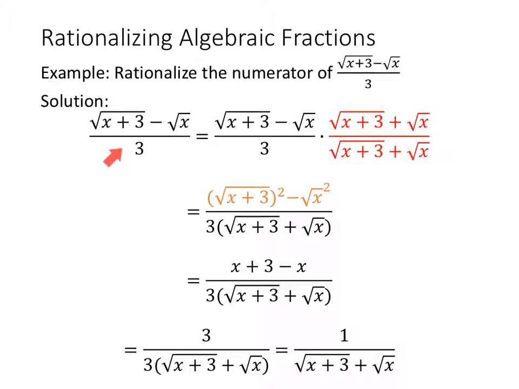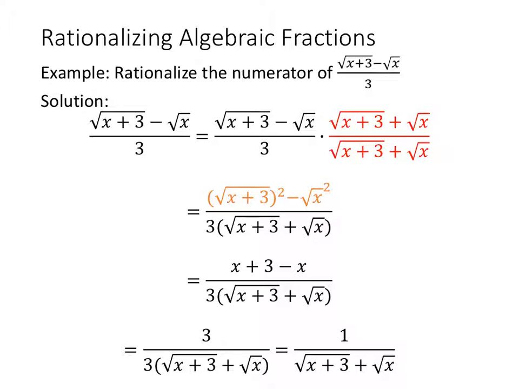So I take my original expression, the square root of x plus 3 minus the square root of x all over 3, and I multiply appropriately, which means I multiply by the conjugate. I use the conjugate because of the difference of squares formula. I know that a minus b times a plus b is a squared minus b squared. The difference of squares formula is one of the most important formulas you can have for factoring, but don't forget it goes the other way also,